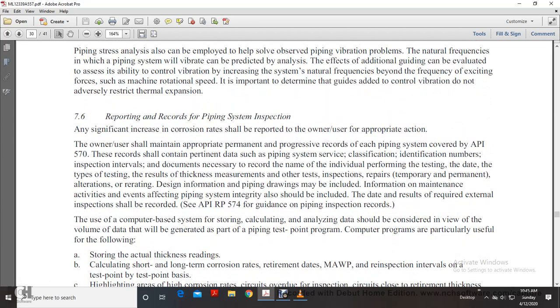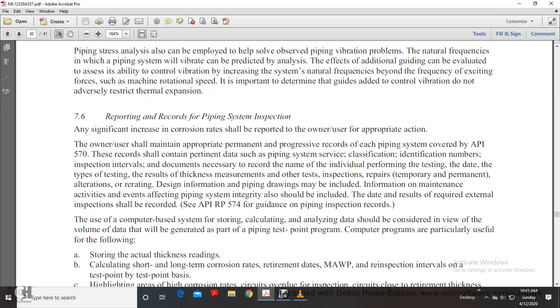Alright, 7.6, reporting and records of piping system inspection. Significant increases in corrosion rates should be reported to the owner for appropriate action. The owner shall maintain appropriate permanent and progressive records of each piping system covered by API 570. The records shall contain permanent data of each piping system, such as service, classification, identification number, and inspection interval. The documents necessary to record the name of the individual performing the testing and the date and time of the test, results of thickness measurements, other types of inspection, repairs, temporary or permanent alterations, re-rating, and design information. Piping drawings may include information for maintenance activities affecting piping system